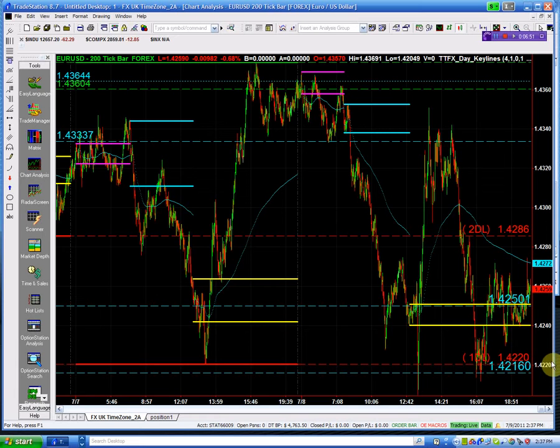In this case, guys, if you look here, there is one structural point, the 143.37. When we broke above it, we really didn't go much further. It came back and held. We went above it this time yesterday. It didn't go anywhere. It didn't go anywhere. So, having said all of that, what I would suggest for you guys is